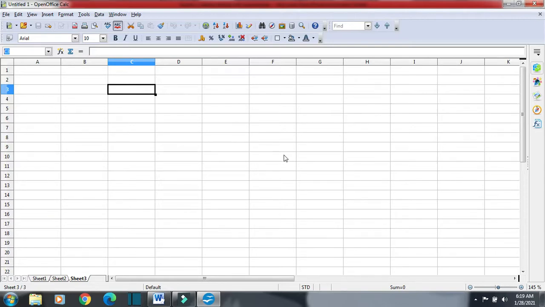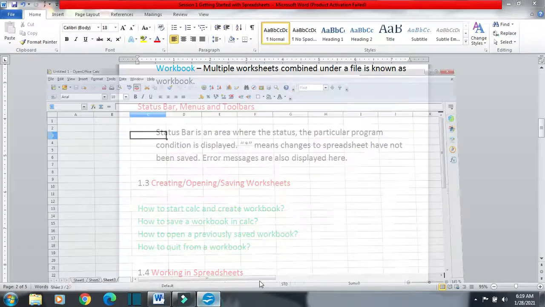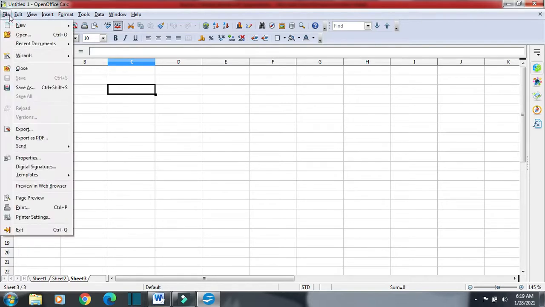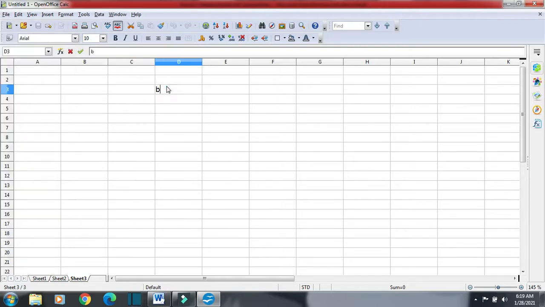Okay, now we will discuss how we can save a workbook. Suppose right now we have opened a workbook. We have two methods that we can use to save a workbook. One, we can click on File and then we can click on Save, or we can click on Save As. Suppose we have written something, then we can save this workbook.